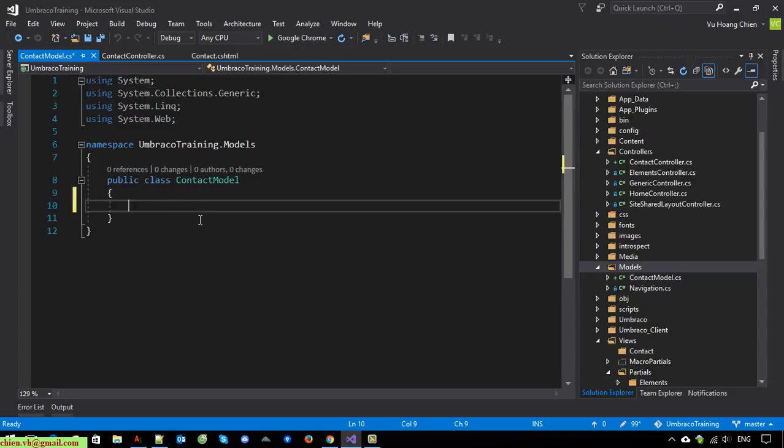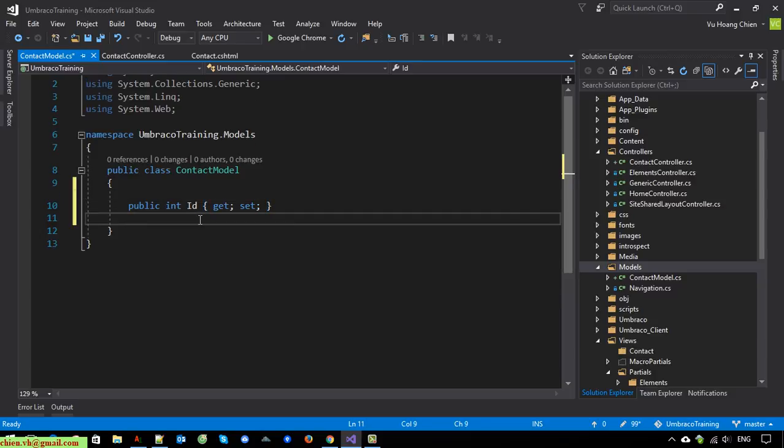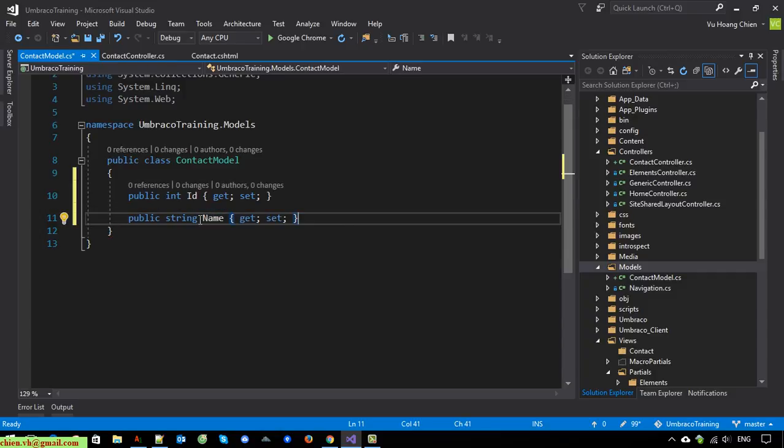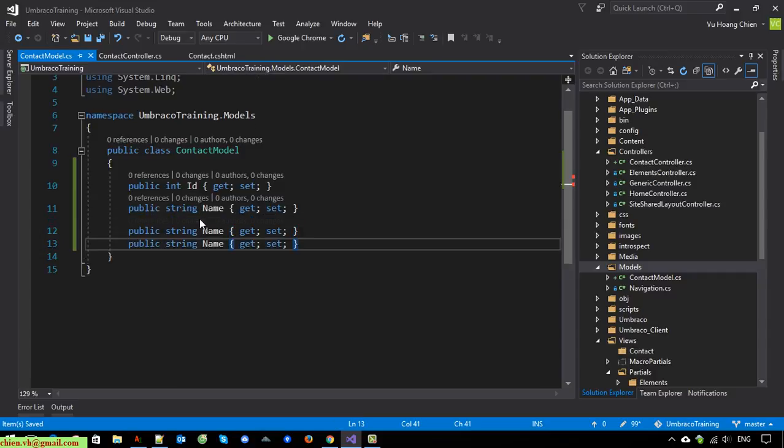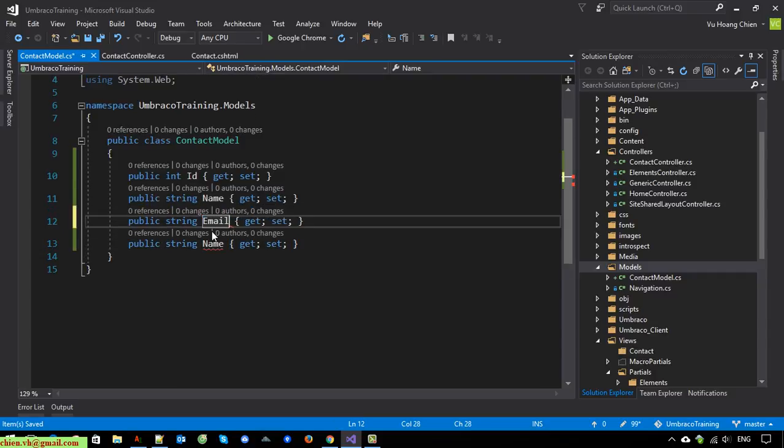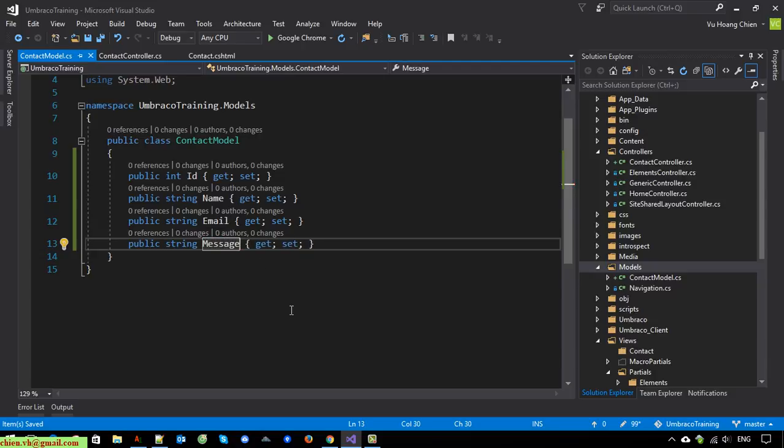Yeah, so I go ahead to create some properties. It should be ID, name, email, and message. Public ID, public string name, email, message. Okay,